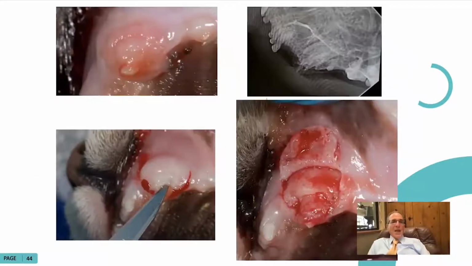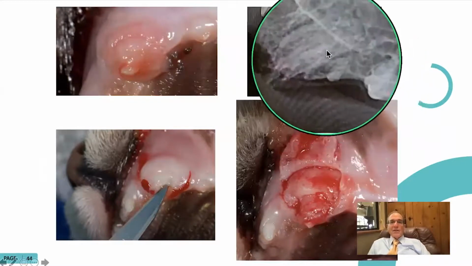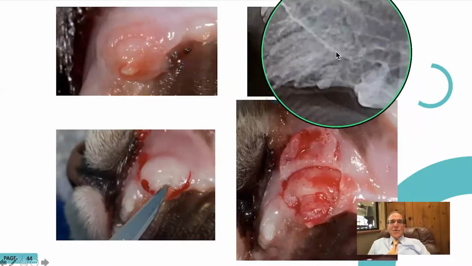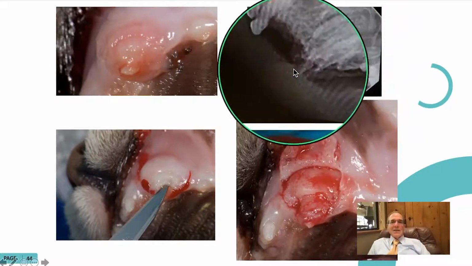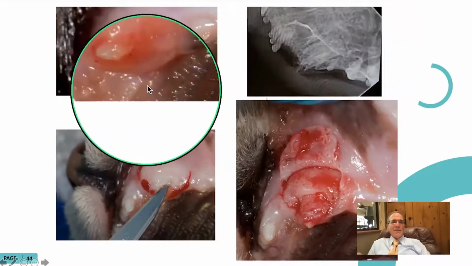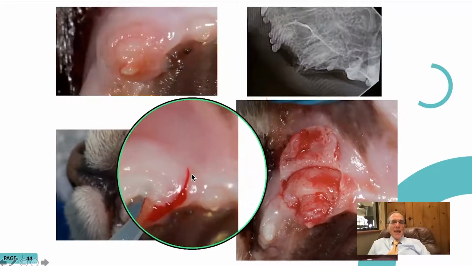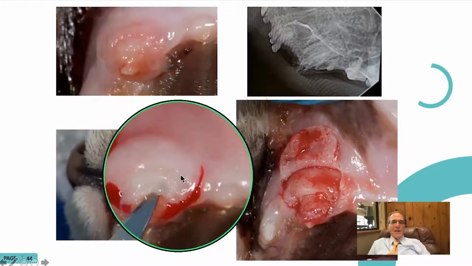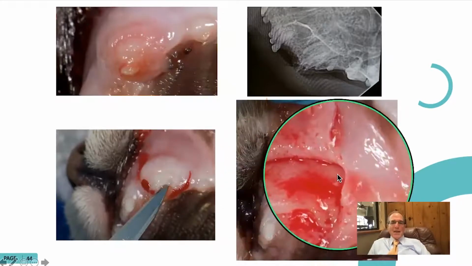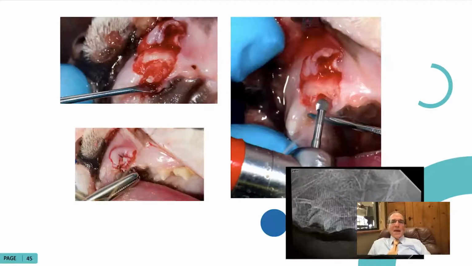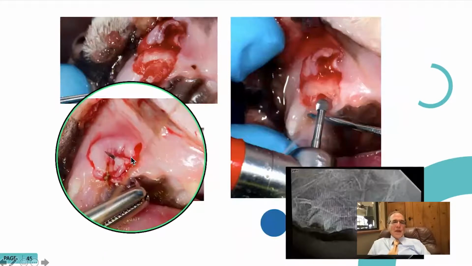Here's an example. We have a tooth resorption of the left maxillary canine. Take a radiograph, and you can see this root is less opacity than the adjacent teeth, and you can see this big spike hanging out. So this is painful for the cat. So you go in and make a flap with a number 15 blade, flap it open, and then take away this bone in this area. And you do that with a large round burr, and then you suture the area closed without tension.